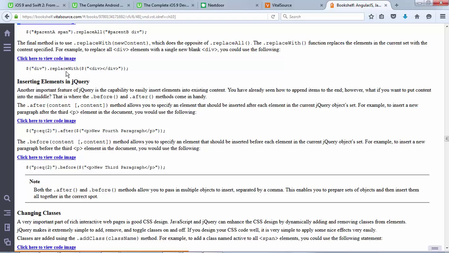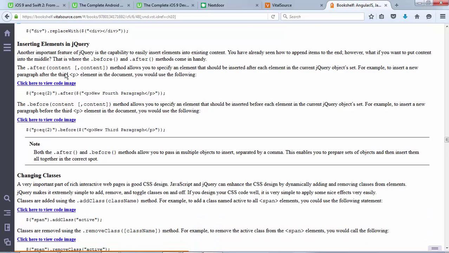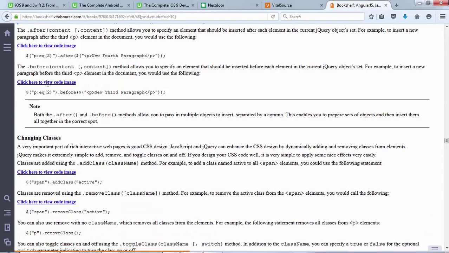All right, inserting elements in jQuery. Another important feature of jQuery is the capability to easily insert elements into existing content. There's before and there's after methods. The after method allows you to specify an element that should be inserted after each element in the current jQuery object set. In this first example that we see right here,